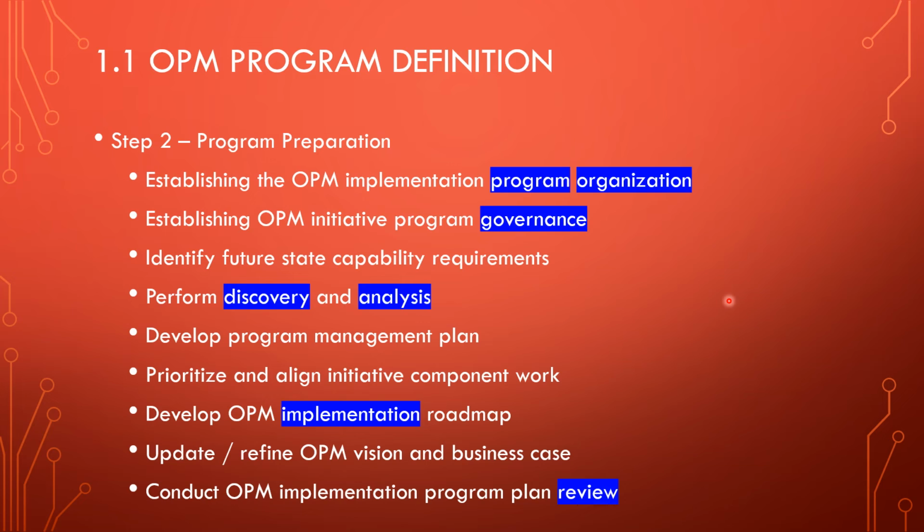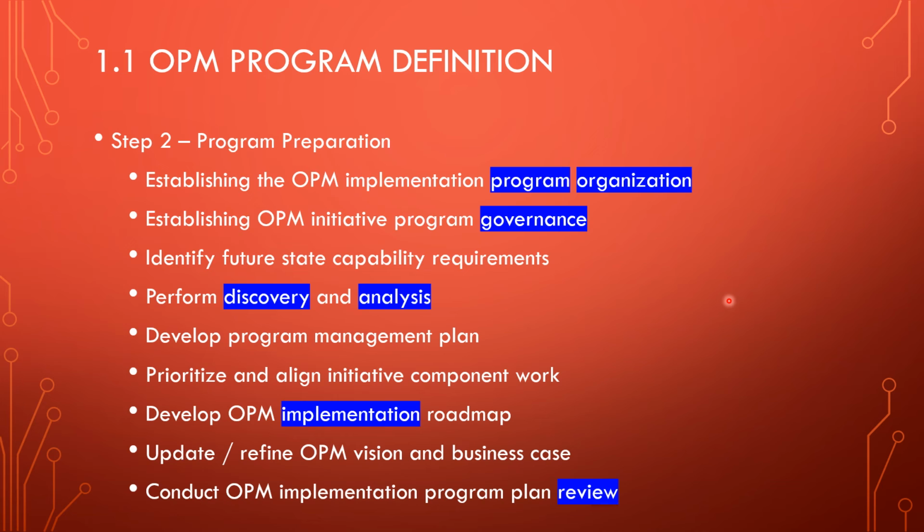And in the program definition you can update or refine your vision and business case. And finally you can do the OPM implementation program plan review, right, done by the executive leadership or EPMO, whatever it is, right? So defining this OPM initiative, you need to have a foundation, you need to have a solid business case, you need to have a solid strategic need for it, you need to establish the KPIs for it, right? Then you have to kick off a program, right? As we already discussed, program management is the best way of implementing these OPM initiatives. Then you have to define a program,